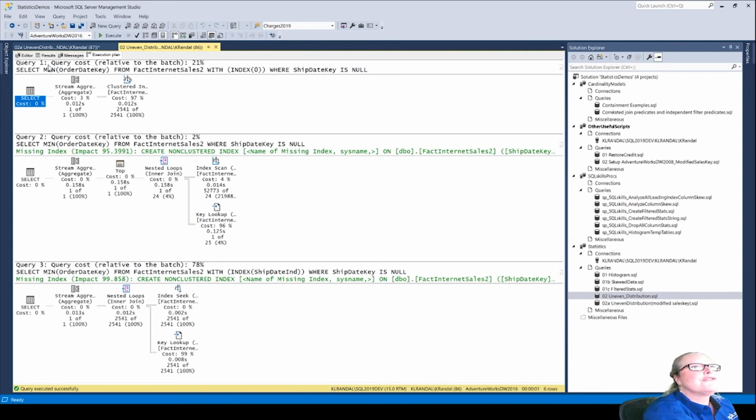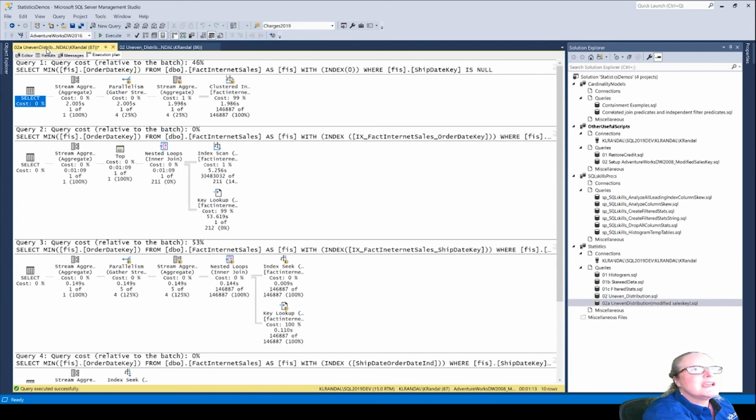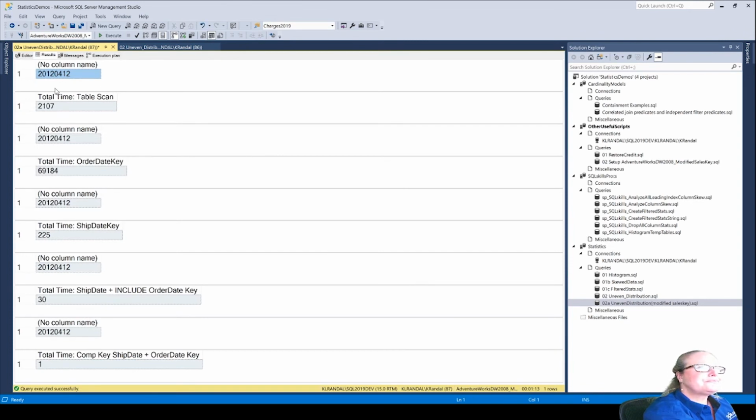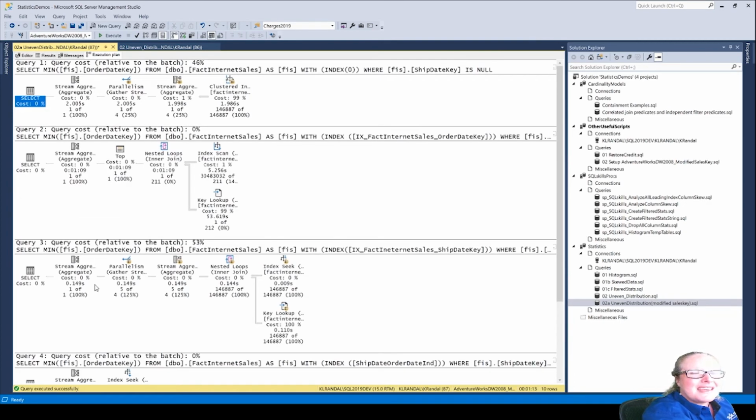In fact, over on this other window, I have a data set of 30 million rows. And check out these numbers for a second. Actually, go to the results window. So the table scan takes 2 seconds. Using the order date key, the one the optimizer thinks is best, takes 70 seconds. Whereas using the ship date and actually doing that sort, the third thing, and doing that sort to find